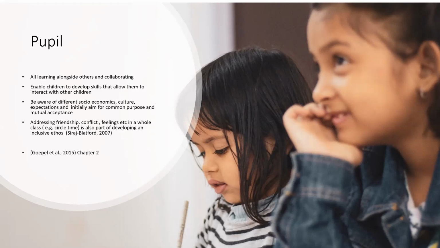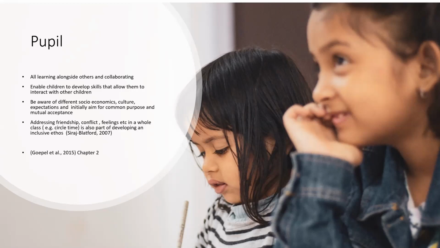And so it is about enabling children to foster their social skills, which is what Siraj talks about, and Mosley within this section in the core text, about how children need to develop this ability to interact with other children and other adults, and that the purpose that the teacher is trying to create in the classroom, across the whole of the class, is a sense of common purpose and a sense of mutual acceptance.